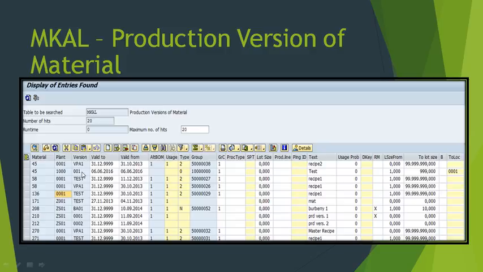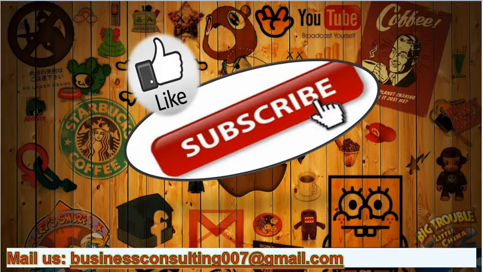So you can create a production version according to the combination of bill of material and routing. So the MKAL table is used to store the production version information of material. So this was all about the master data tables.